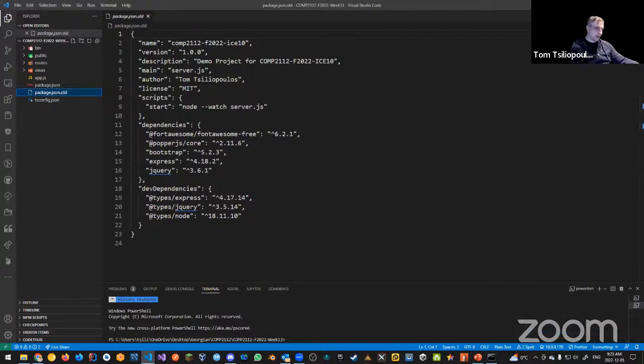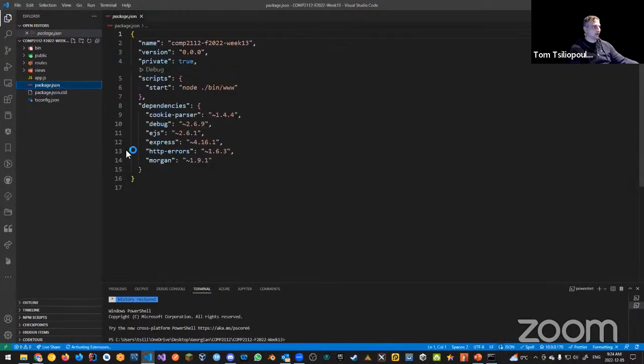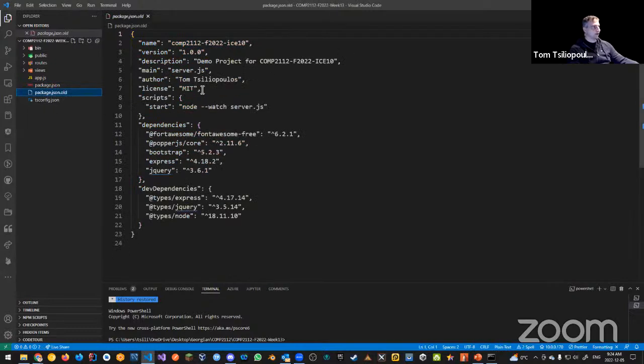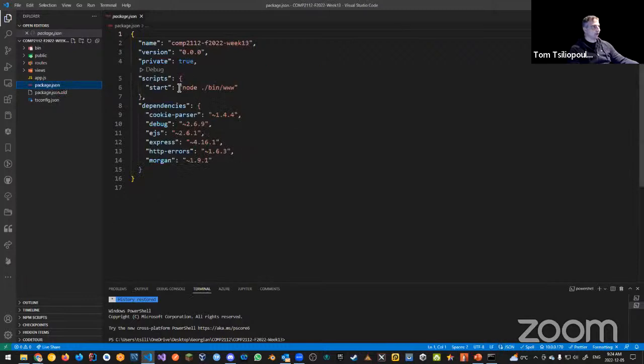I want to show you why I did this, because my package.json actually has older versions of Express that we've got here. I want to replace some of these old versions one thing at a time. We also have some additional information here that I want to keep. So my package.json that it generated for me had this, and I don't want this to be the way it is. I want to replace this for the most part with my package.json.old, but I'm missing a couple of files.